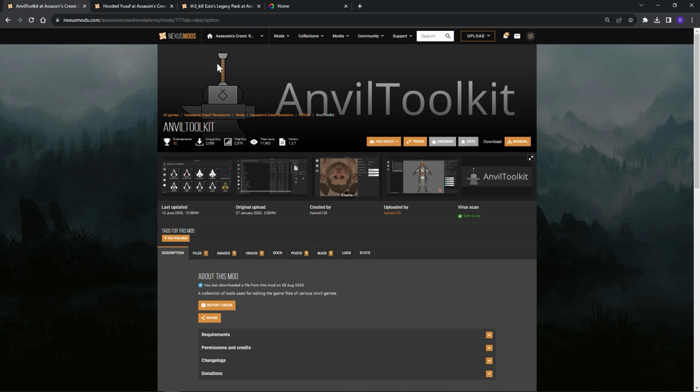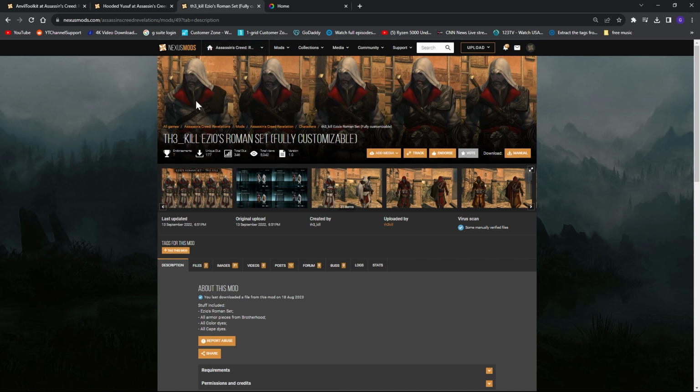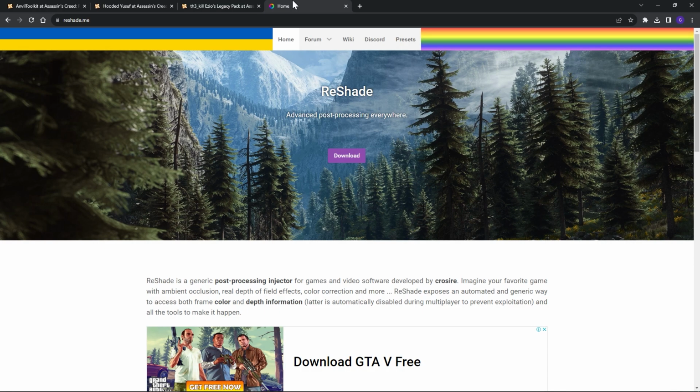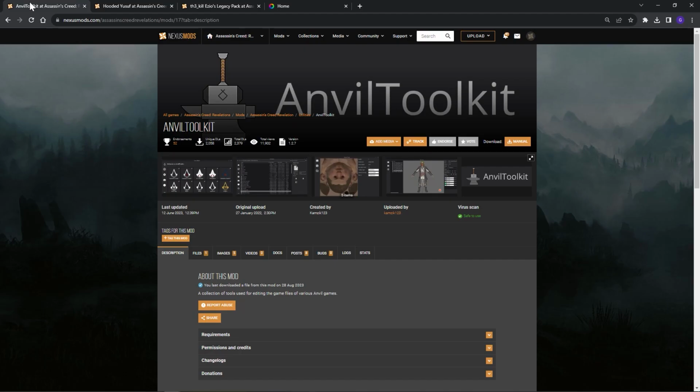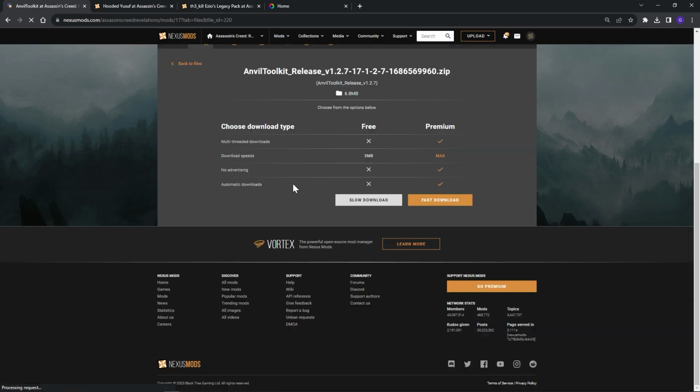In my showcase, there's only two mods that I actually used. It is the Hooded Yusuf mod, as well as the Kill Ezio's Roman set, fully customizable. And the third item is Reshade itself. So let's go ahead and download each of these. So we'll just go to Files over here and download manually,